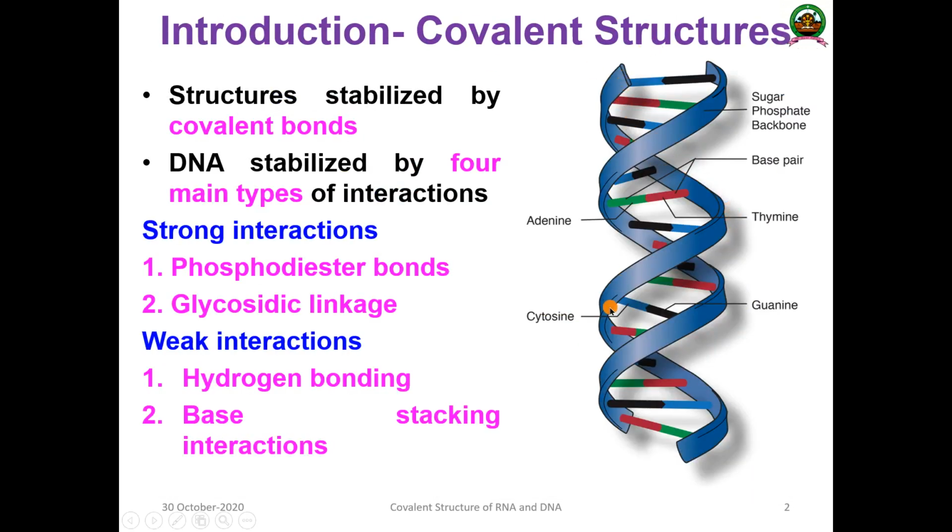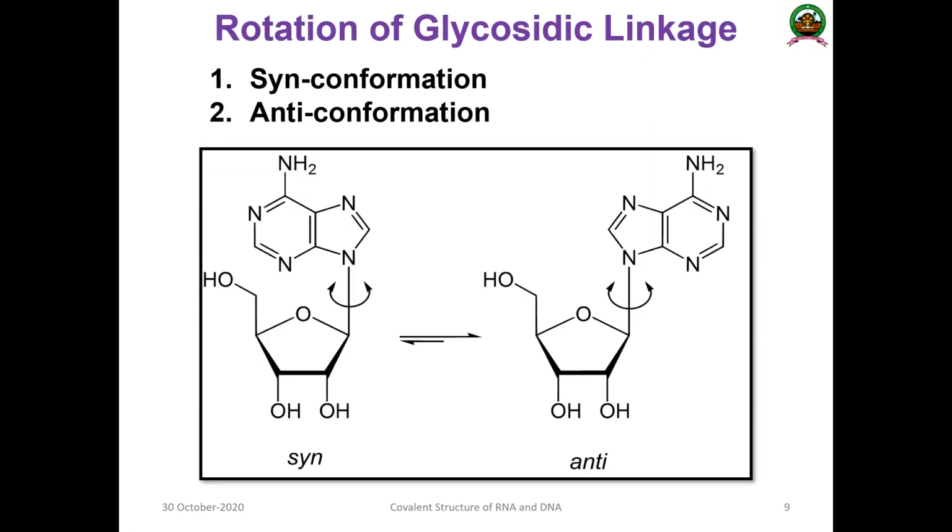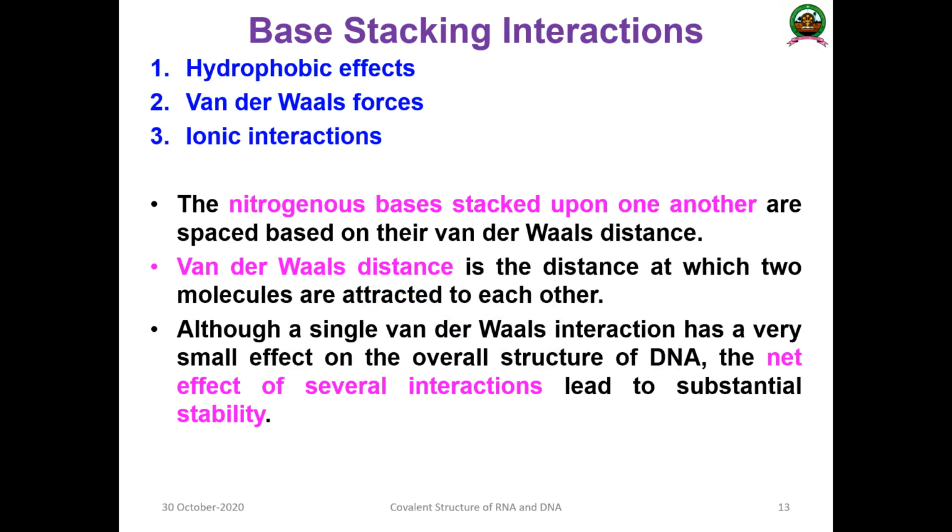Why is this twisted, highly twisted? Because of the nitrogen, they are trying to be away. This is due to the nitrogen rings, they are coming one by one, one below the another. They wanted to be far apart. Due to that particular reason, the tilt will give you a spiral double helical nature.